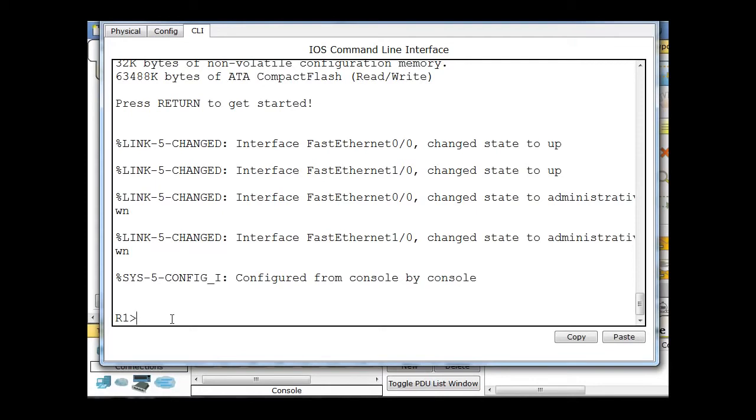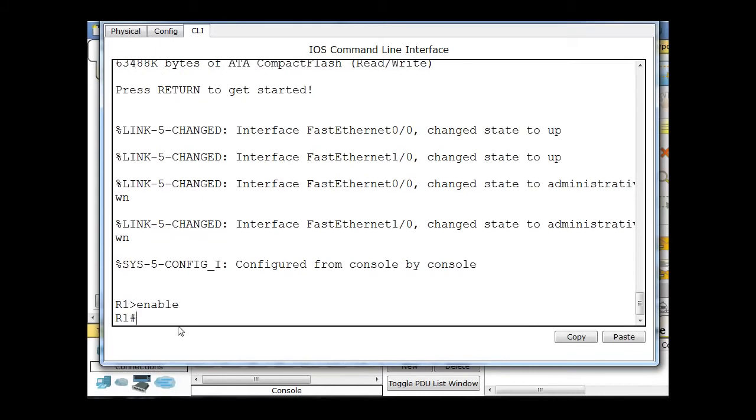So we're going to change that right now so that we have to put in a password to just get to the user exec mode. And I'll show you how to do that. First, we'll type in enable. That gets us to privileged mode. Okay. And then we're going to type in